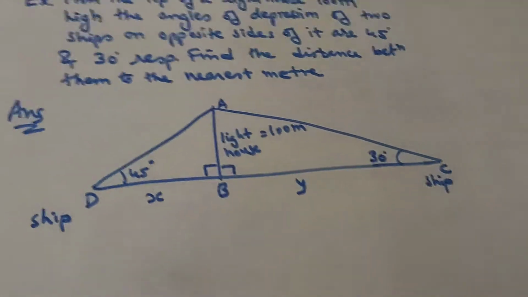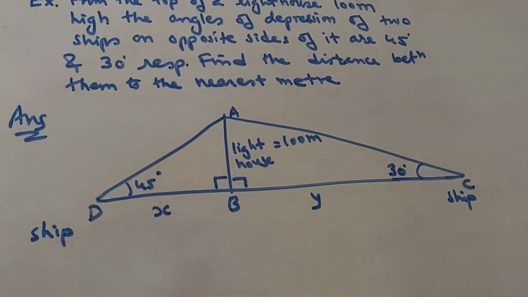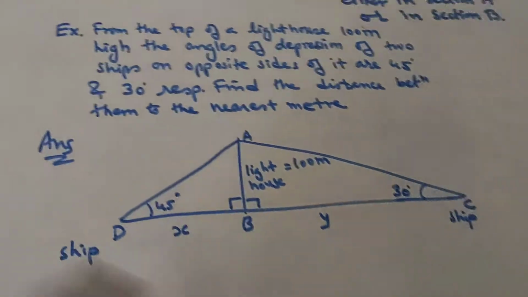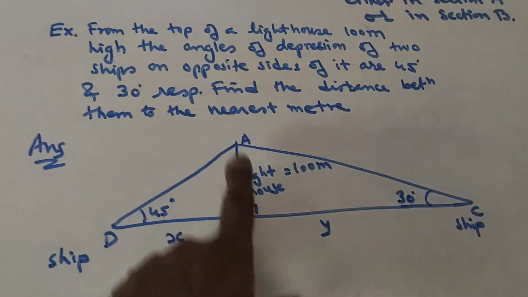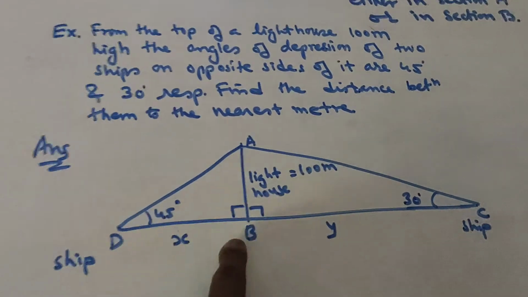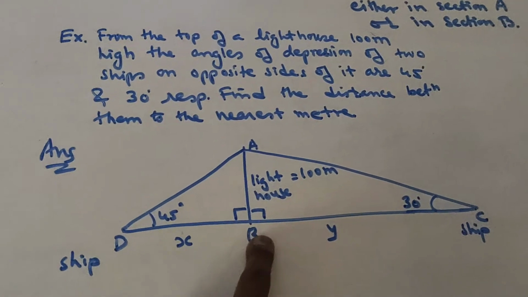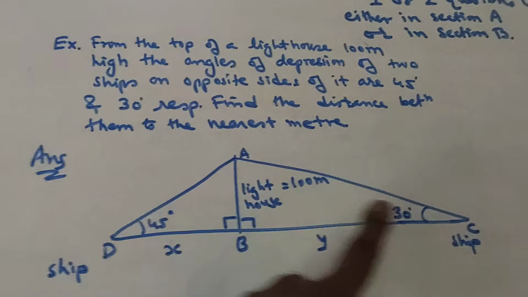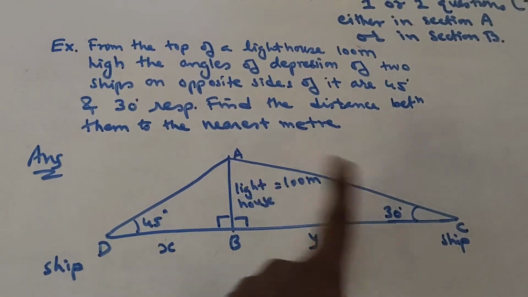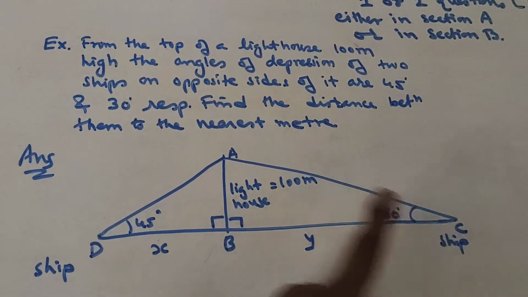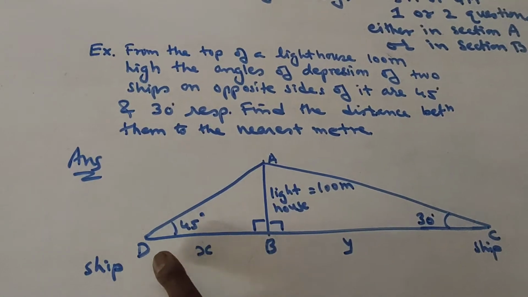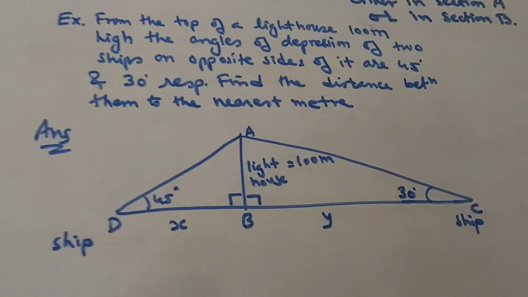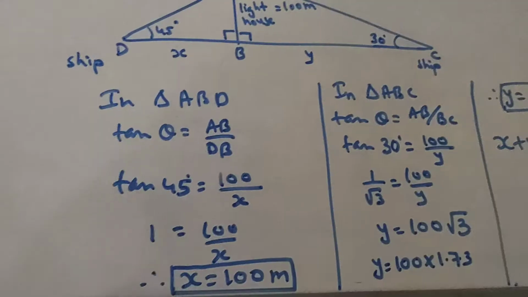So let us work it out with the tan theta. Here you cannot take sin theta and cos theta because sin theta and cos theta requires hypotenuse. According to our diagram, it is a right angle triangle ABC and right angle triangle ABD. B is right angle for this one and this one. So hypotenuse becomes AD and AC, that is the distance from the top to the ship C and distance from the top to the ship D. We don't have that one, so we will not take sin theta and cos theta, we will take tan theta. So let us go for that.